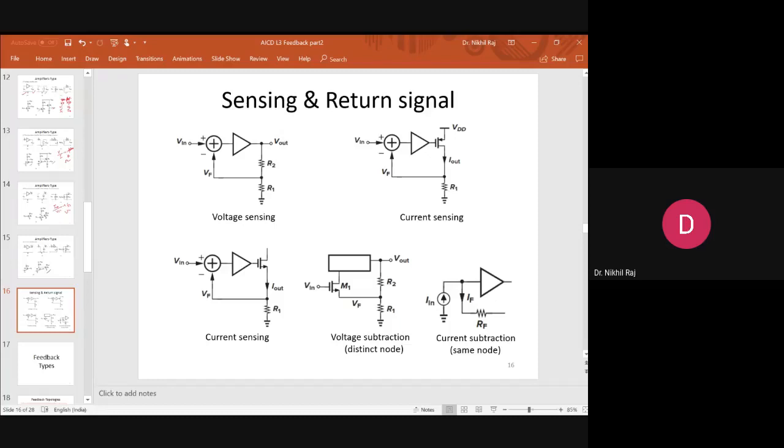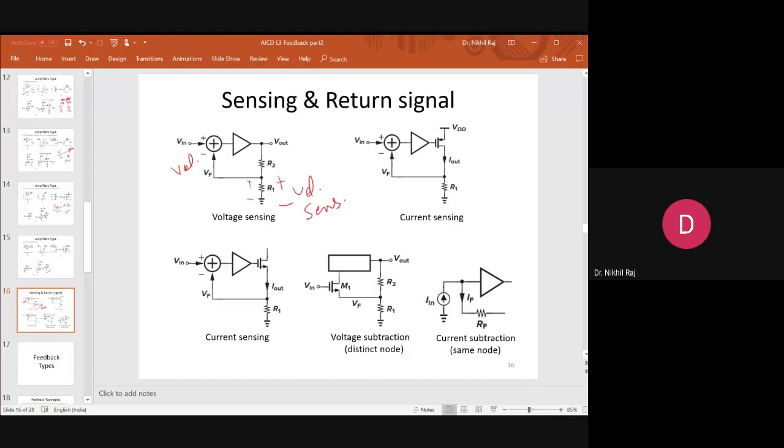So this way it is a shortcut method just to recall whether I am sensing voltage or current. In the first architecture, R1 is connected to the ground through R2. This means whatever current is extracted by R2 and R1, there will be some voltage drop across R1, and this voltage drop is sensing your voltage. Once it is sensing this voltage and it is coming in the adder, the adder is not doing any parallel combination, it is adding something. So it is a series connection. Once again I am doing voltage addition, sensing voltage and giving it as a voltage.